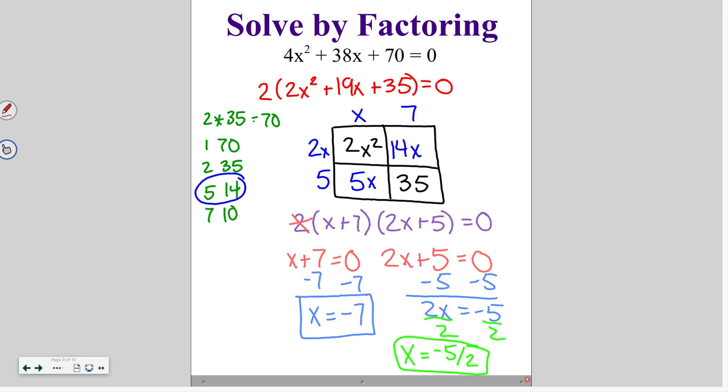That 2 does not have to be set equal to 0 because it's not part of a factor pair. If you notice, that's why it's crossed out right here. It's still part of the factored form, but it's not actually part of how we solve. So our answers end up being x is equal to negative 7 and x is equal to negative